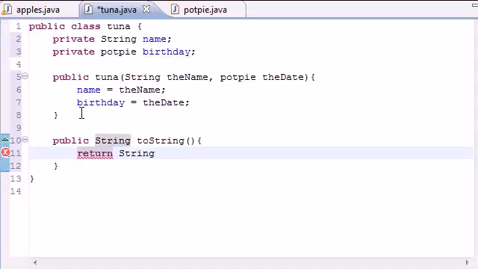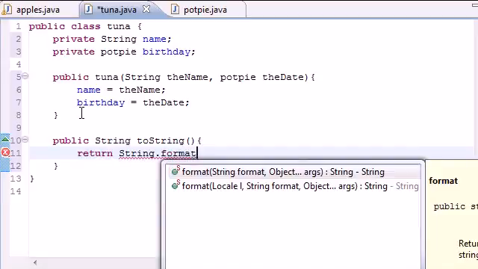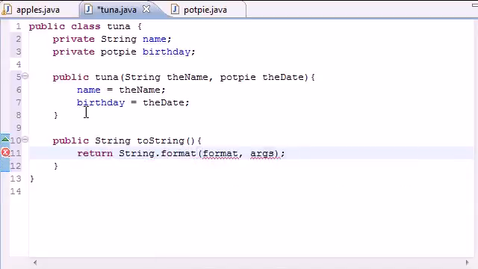So String.format, and for the format, I don't really like when it fills it in for you, I want to do the work myself. In our format, just put "my name is %s", and that's going to fill in your name. And then let's put "my birthday is %s". And here's where it gets kind of tricky. Name,